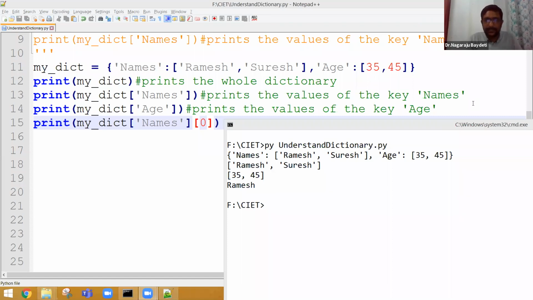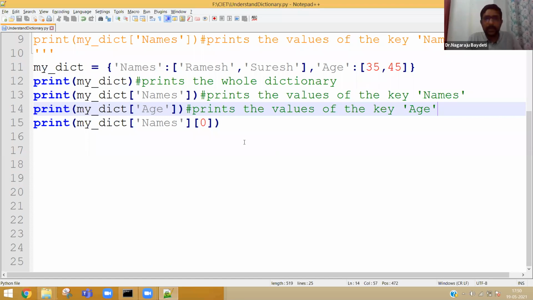Now, some participants are asking me whether dictionary is mutable or immutable. I leave it to you guys. Please go and try to change the values and try to change the keys. I am giving a hint now. Try to change the values and check whether it is changing or not. Then try to change the key also. Then just check whether it is mutable or immutable. Okay. And in case you fail to check, tomorrow please ask me at the beginning of the session. We will discuss that.